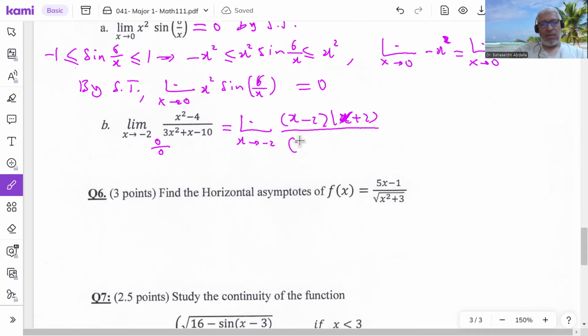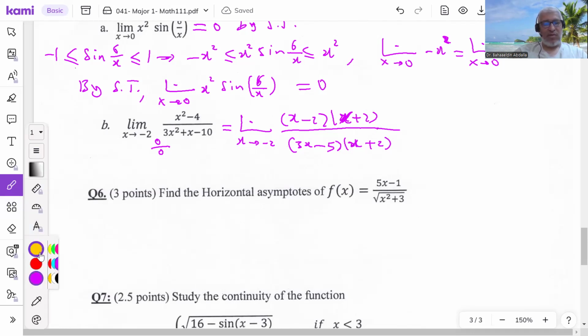And here, 3x and x, I must have plus 2 because x goes to -2 and we have 0 over 0, so I must have x plus 2 here, so minus 5 here. Now minus 5x plus 6x will give you x, and minus 5 times 2 will give you -10, so that's the correct factorization. And now there is a cancellation,